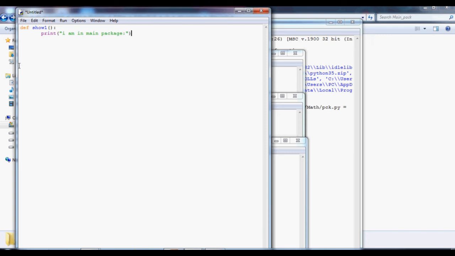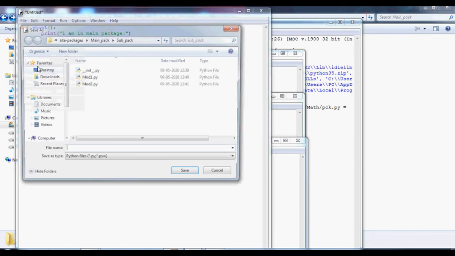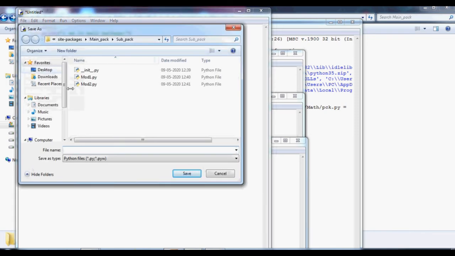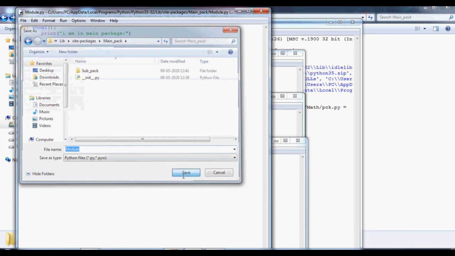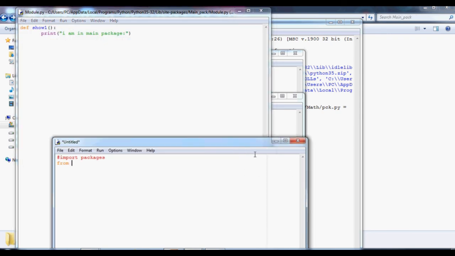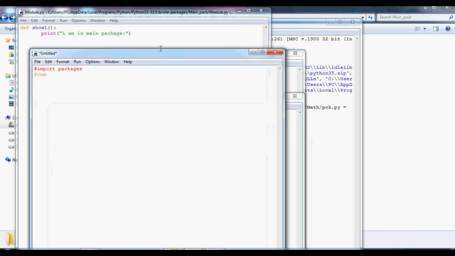Okay, I'm just going to save this inside main. In the main I'm just creating a folder, let it be simply module. That's it.